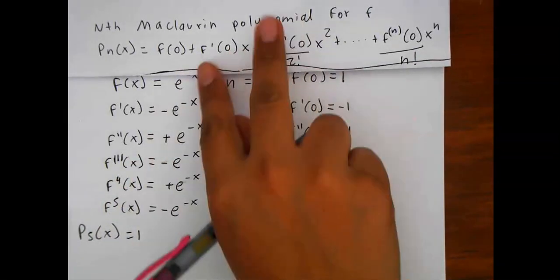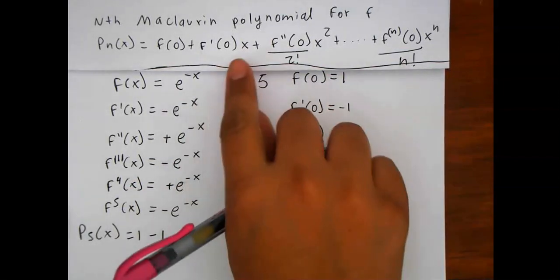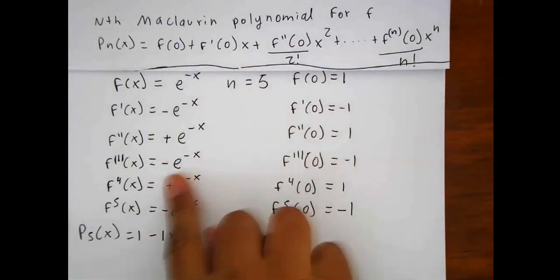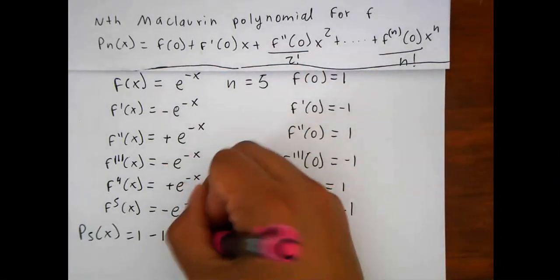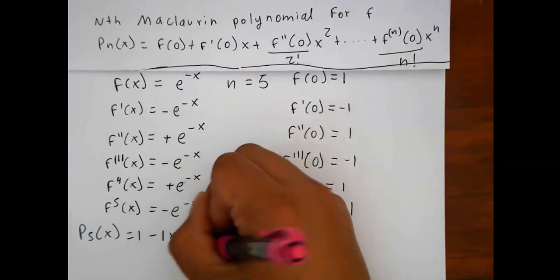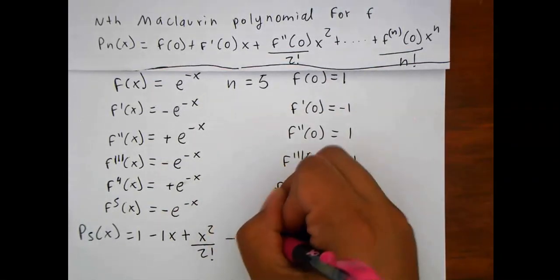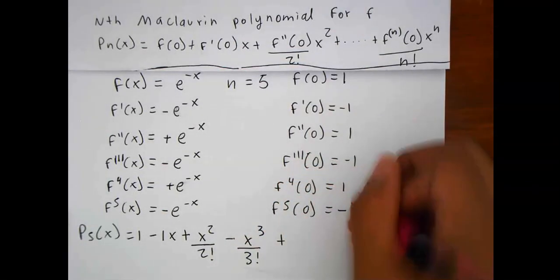And then the first derivative is negative 1, so it's minus 1x, plus the next one is going to be positive, x squared over 2 factorial. The next one is going to be a minus, x cubed over 3 factorial. The next one is going to be a plus, to the 4th power, over 4 factorial. And the last one is going to be